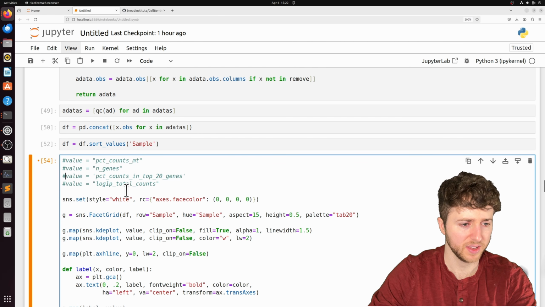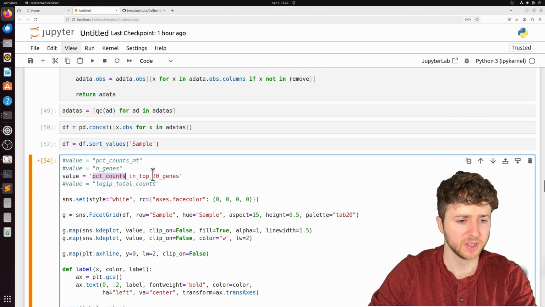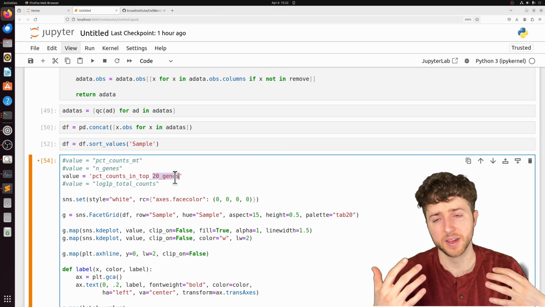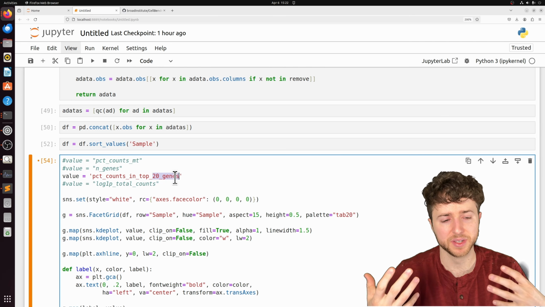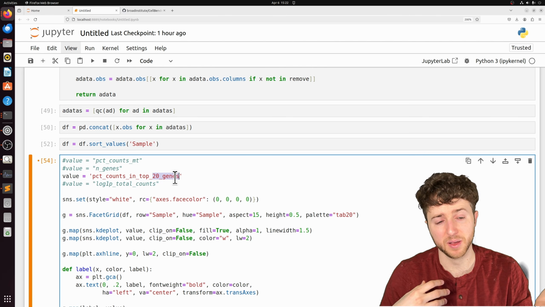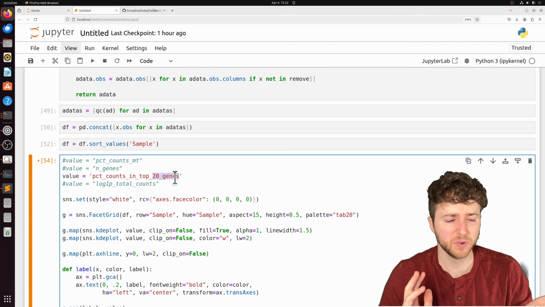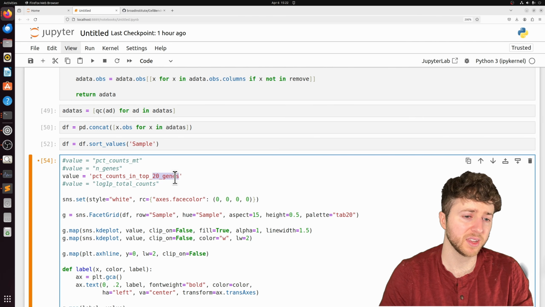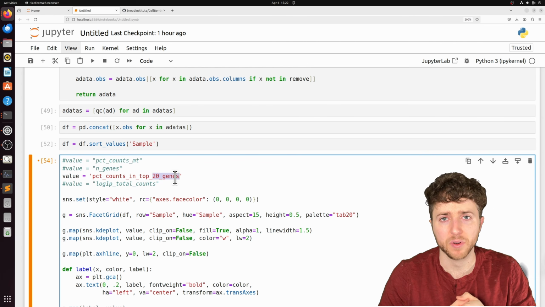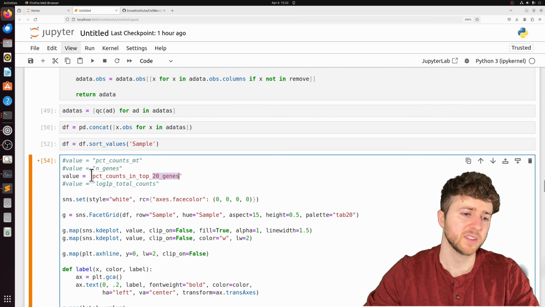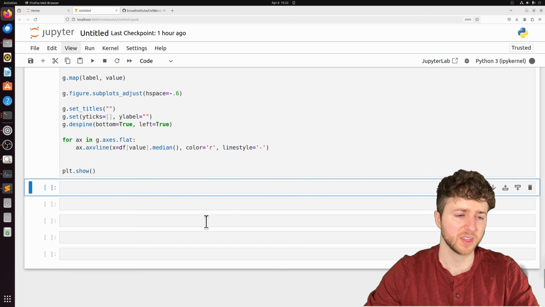So let's go ahead and look at the percent counts in the top 20 genes. So there's always a few genes that are highly expressed all the time, and they do account for a big proportion of the total reads. There are some workflows actually in the processing end where people try to deplete these genes so that you get more informative genes. On the analysis end, you know, you're stuck with this. At this point, they're already there. But it is a good QC metric, so we'll check that out.